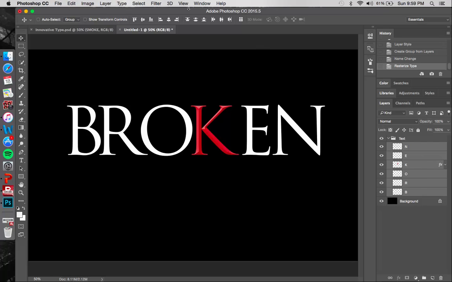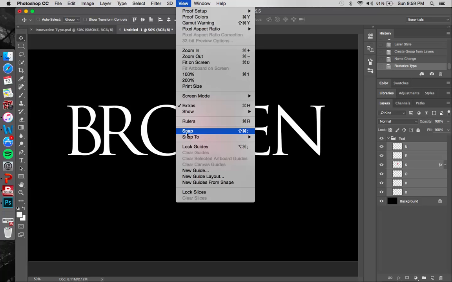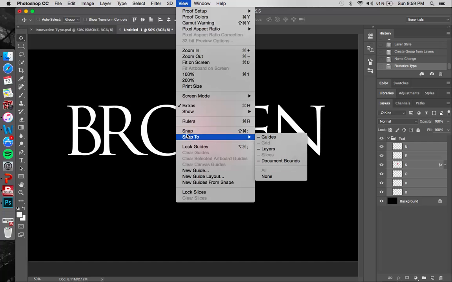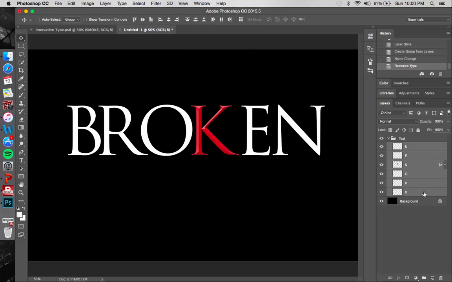For this next step, you want to make sure that snap is off, checked off. I already have mine checked off here. And once you have the snap off, click on your B layer and select your polygonal lasso tool behind your lasso tool,